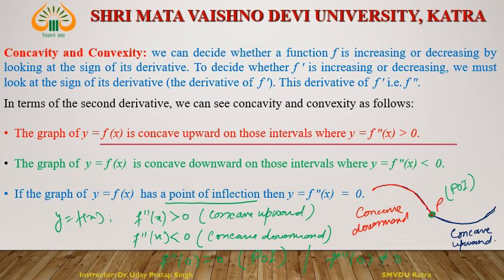Then again see, the function is concave upward if its double derivative at that point is greater than 0. This function is concave downward if the double derivative at that point is less than 0, and a point of inflection if the double derivative of the function at that point is equal to 0, but the condition is that the triple derivative of the function at that point does not equal 0. Okay, this is x not.